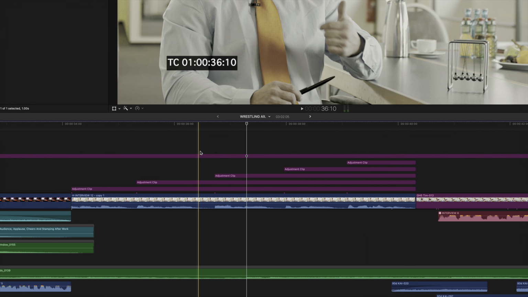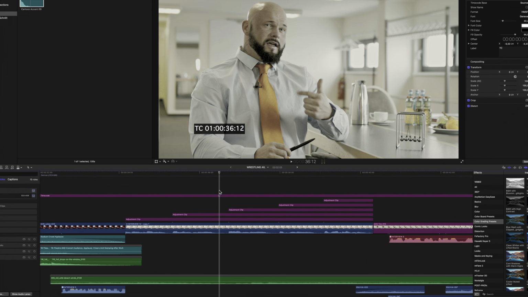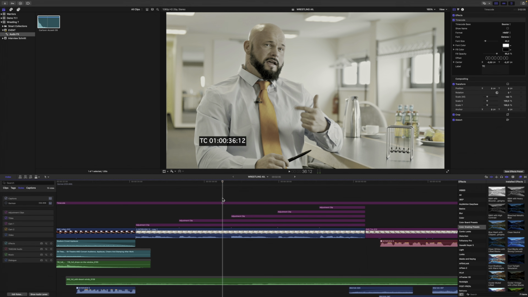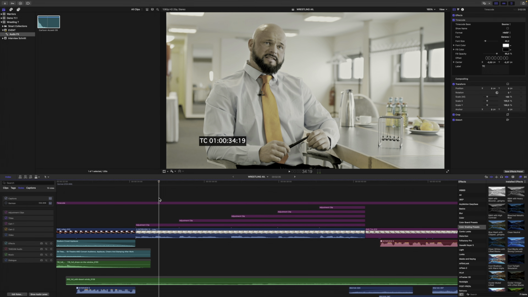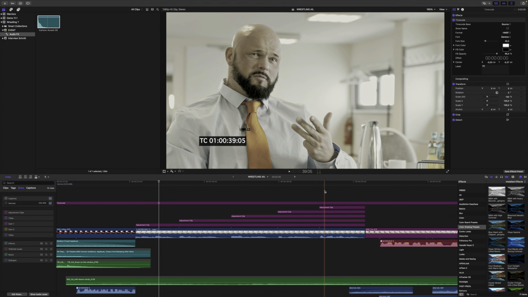In this case, of course, super easy because there is just one clip to worry about. But what if you have a massively complex timeline with adjustment clips scattered everywhere? Can you even remember what adjustment clip does what? Maybe you want to keep your effects and transformations, but remove all the color corrections because you want to send it to a colorist for final grading, for example. Well, that's where the brilliance of roles and Final Cut Pro's export options come into play.